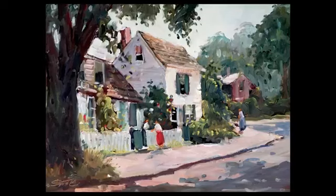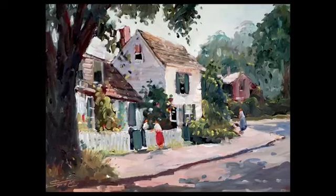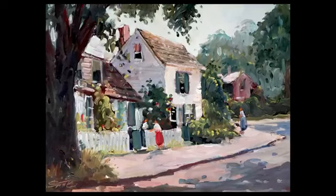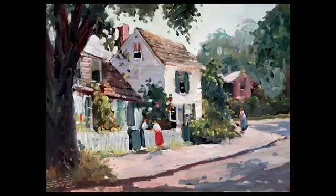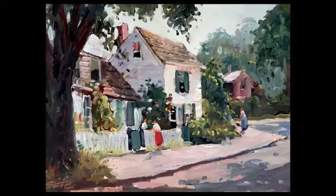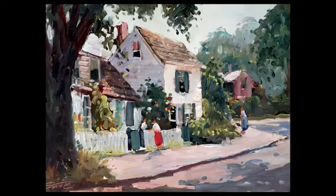He was adept in watercolours, egg tempera and oils, and this painting here, lot 169, The Conversation, oil on canvas board 18 by 24, is reminiscent of both Paul Strzyk and Anthony Thieme. However, these picturesque street views were commonplace in early Rockport, and numerous artists set up to paint them. Don Stone, in creating this evocative piece, made the subject very much his own, with his use of warm tones